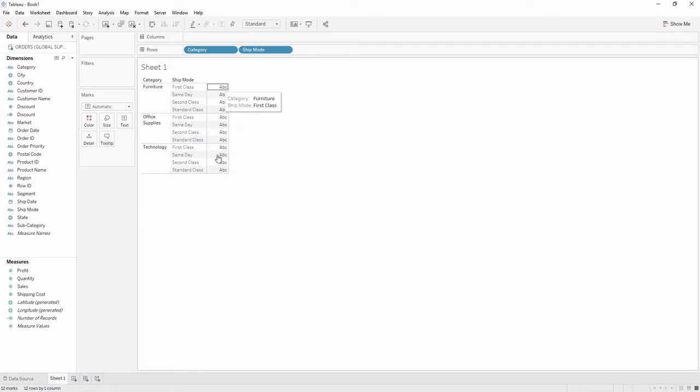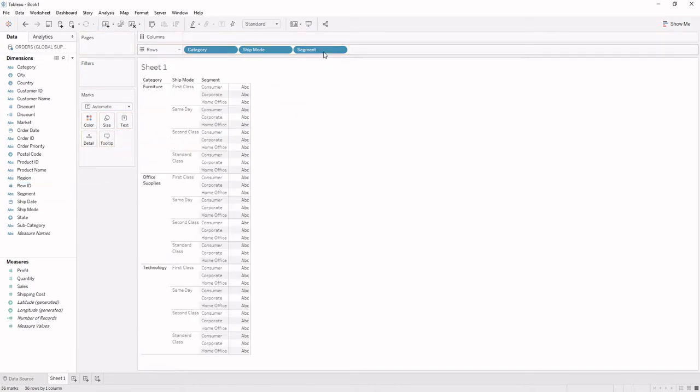In total it will be 12 values, which means it would show the detail of data for every category with its ship mode. Similarly, if we increase the dimensions on the view, the detail would also increase. Hence, we came to know that while working on the dimensions, it will be working for detailing the data only.